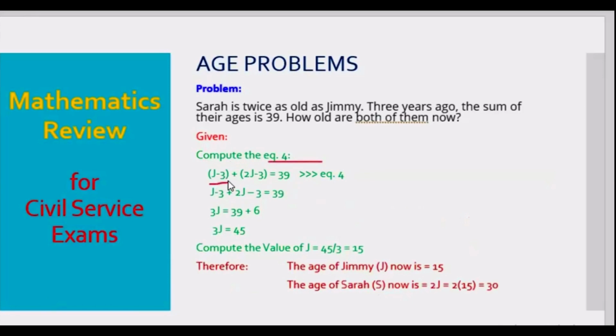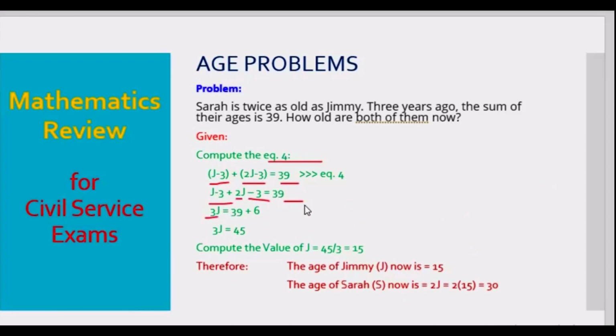So J minus 3 plus 2J minus 3 is equal to 39. So we will just remove the parentheses. So J minus 3 plus 2J minus 3 is equal to 39. So combining similar terms, J plus 2J is equal to 3J. And the 39,